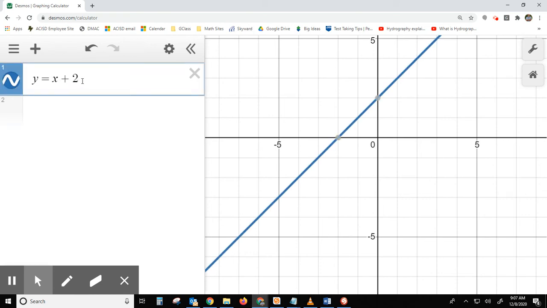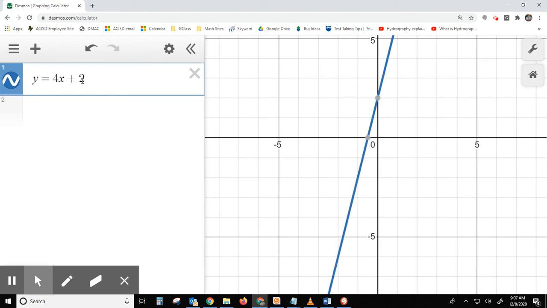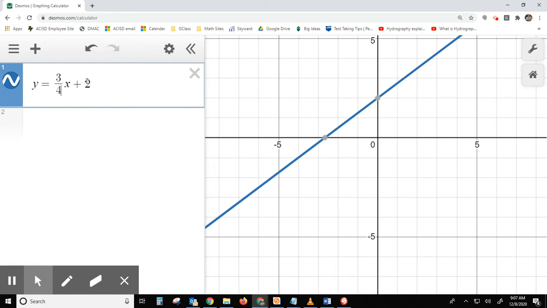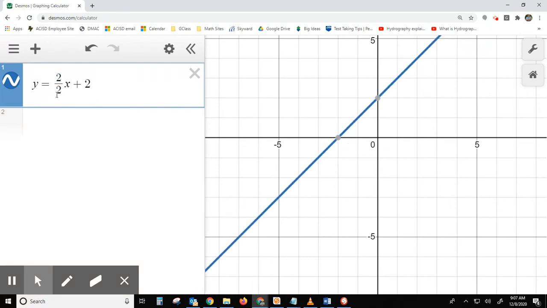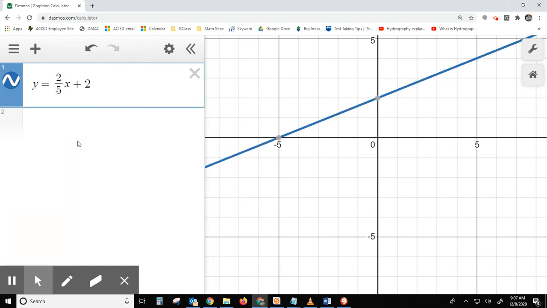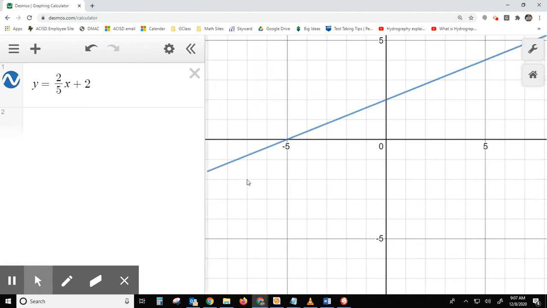Okay, well, I want a shallower slope, so maybe that's a smaller number than 1. So maybe I would try 3 divided by 4. It's close. It's down 1 3/4 or so. Gosh, what's smaller than 3/4? So here you'd be tinkering with the fraction. 2 over, let's go 2 over 5 maybe. Change this to a 5. Oh, too shallow. Okay. And the idea would be that you keep tinkering with this until you get this target